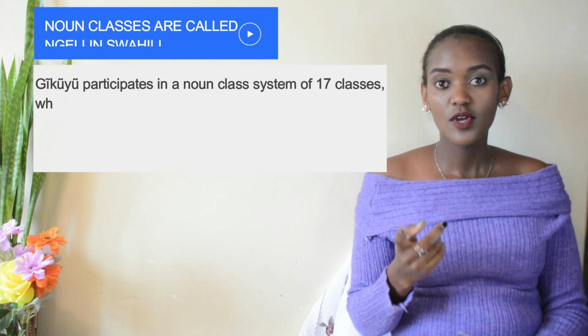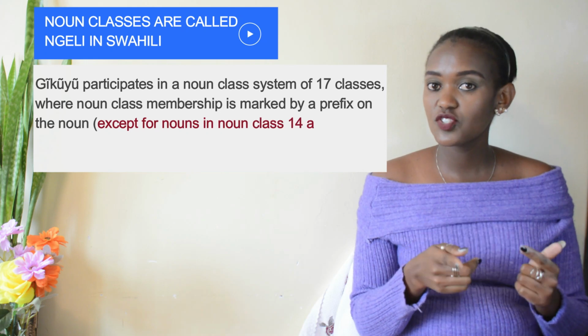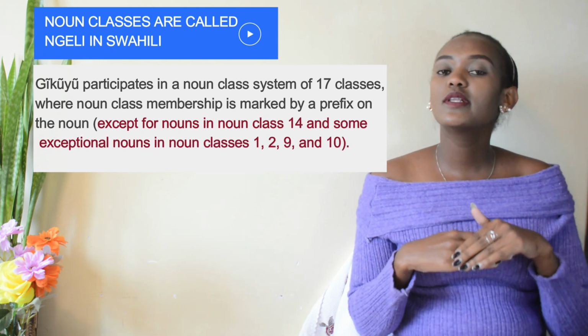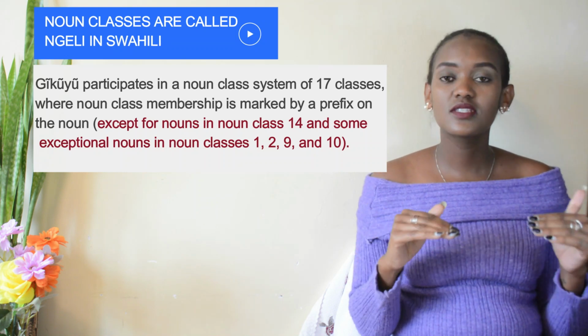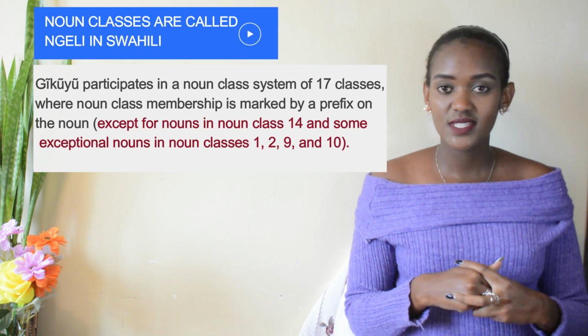And today we are going to look at the first one and the second one. It's not like I'll have 17 videos or 17 lessons. Some of these classes are plurals of some of the classes. For example, the first one, and this is what I'm going to start with, is people. A person is one class, which is class number 1, and people will belong to the second class, which is class number 2. And that is what we are going to start with.